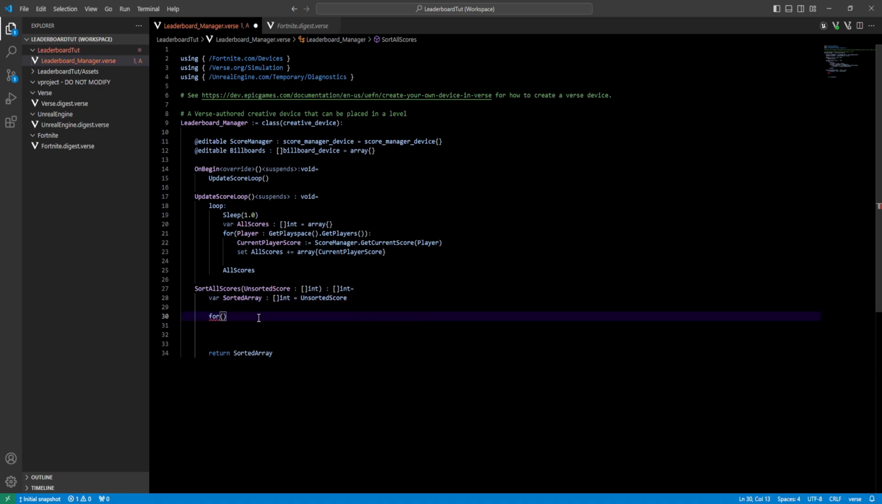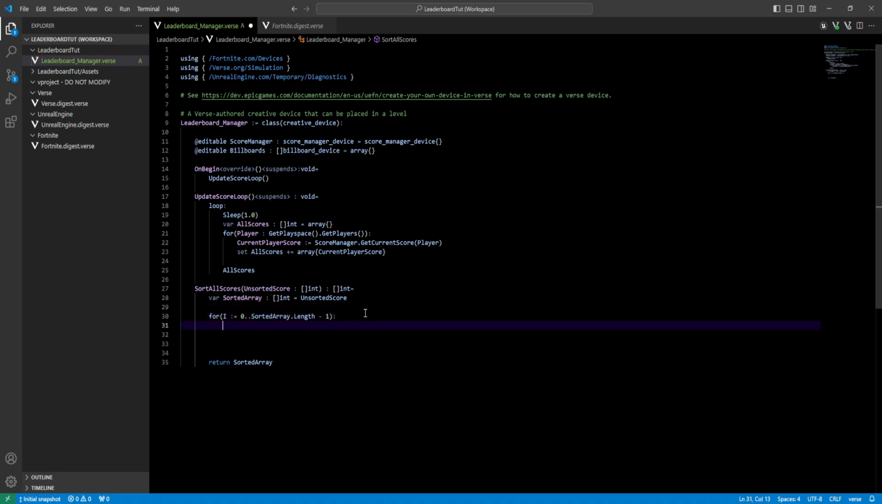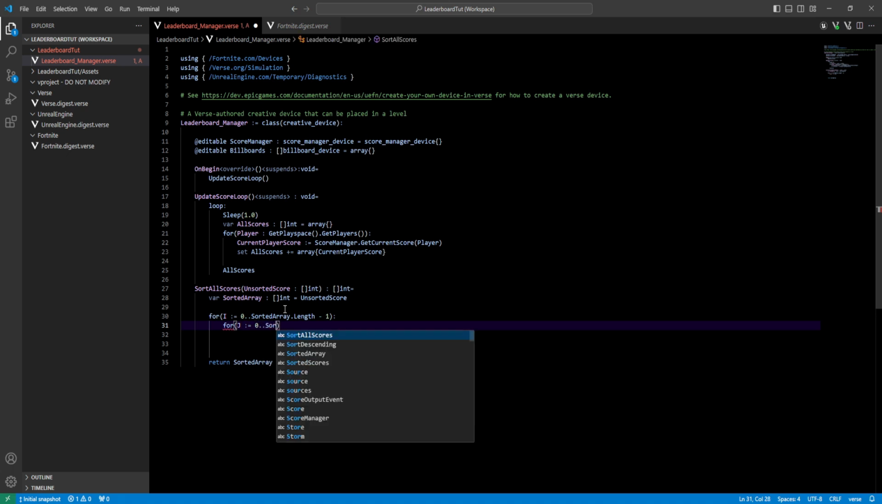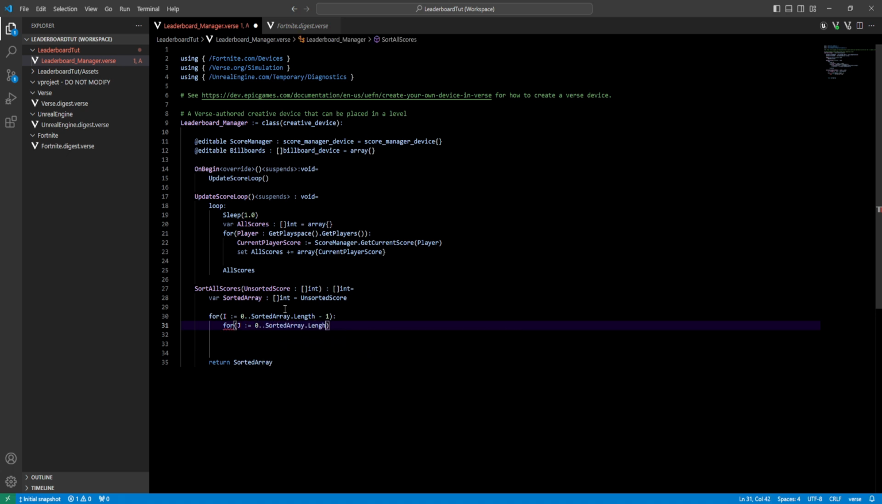So to do this, I'll say for every index from 0 to our array dot length, but we also need to do a minus 1 because the index is going to start at 0, and then we need a colon at the end. So for every single element in this array, I is going to be our index, and then for every single element in this array, we also need to go through every single element in the array again. So just say j is equal to 0 through our sorted array dot length minus I